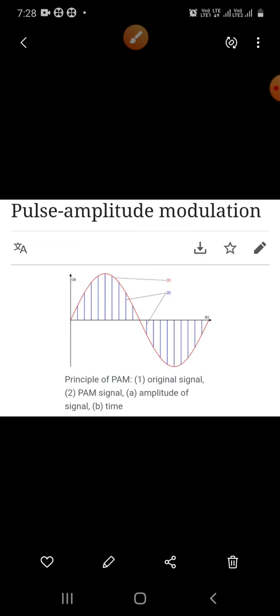This is a form of signal modulation where the message information is encoded in the amplitude of a series of signal pulses. It is an analog pulse modulation scheme in which the amplitudes of a train of carrier pulses are varied according to the sample values of the message signal. Demodulation is performed by detecting the amplitude level of the carrier at every single period.